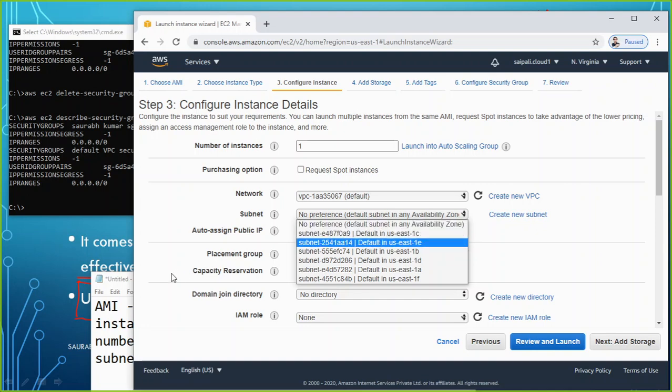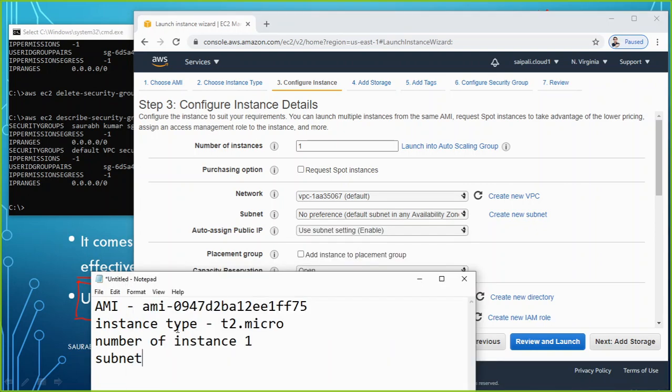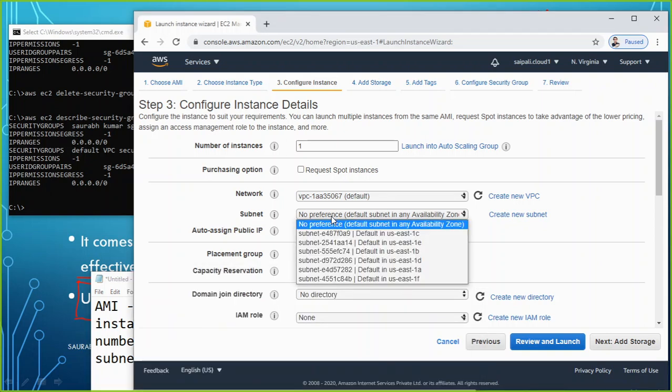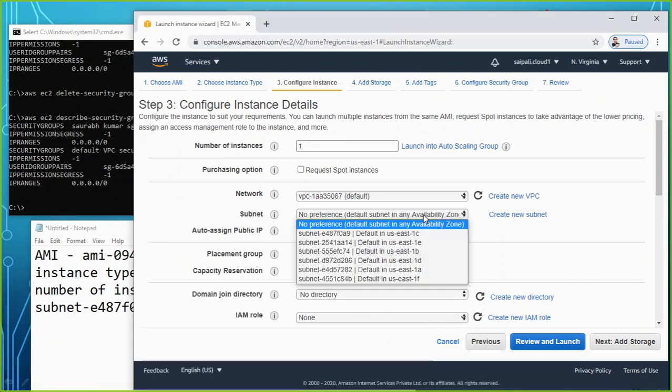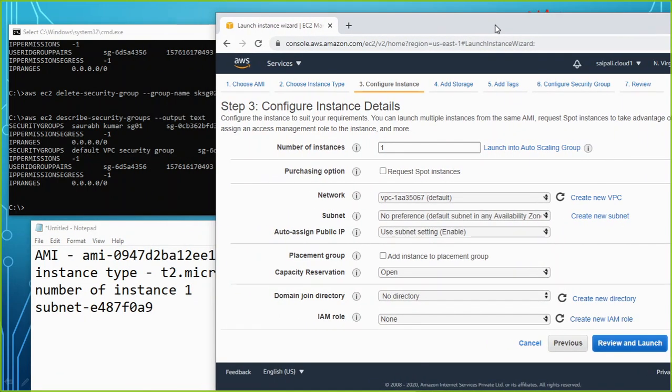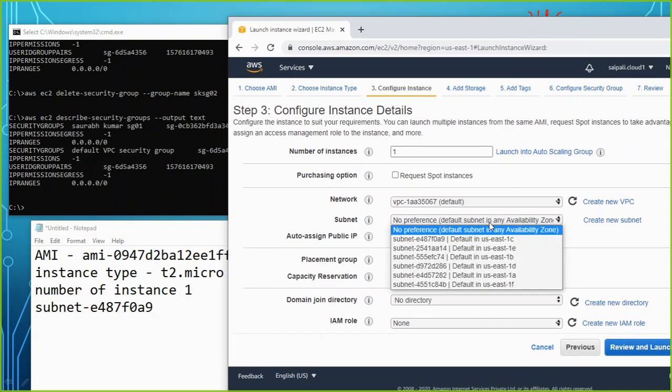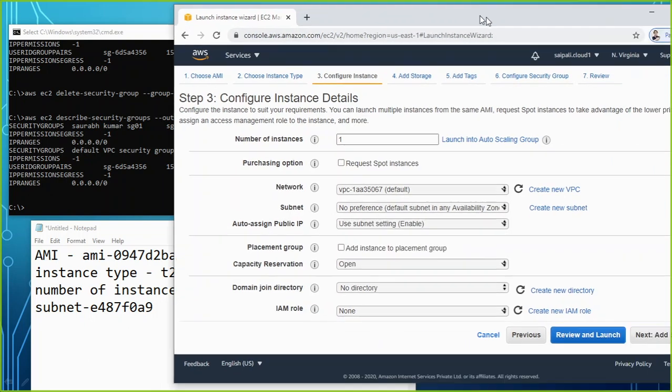Subnet hyphen E48, then 7F0A9. Let's just verify these two things. E487F0A9. That's right.